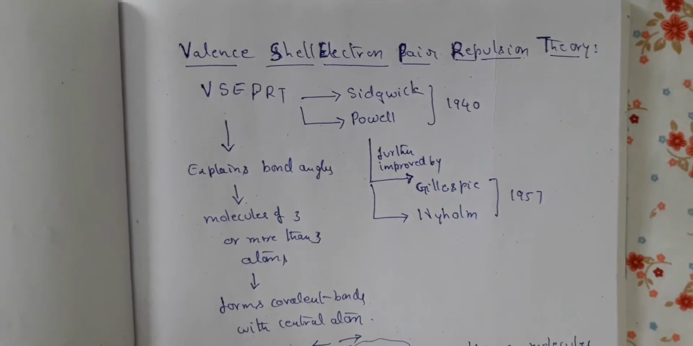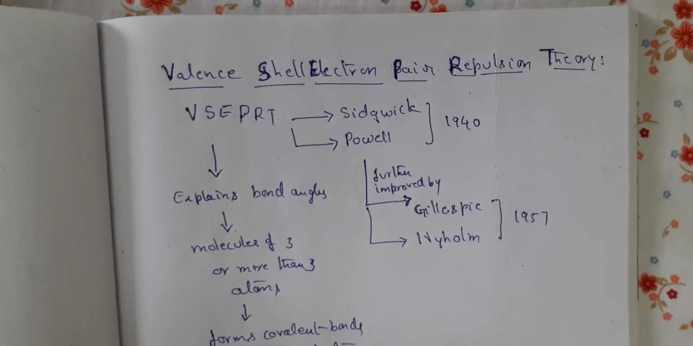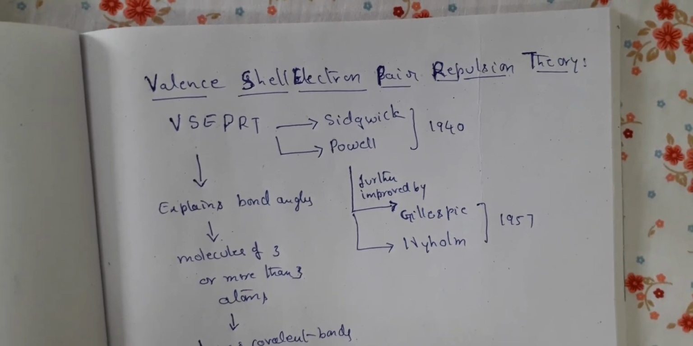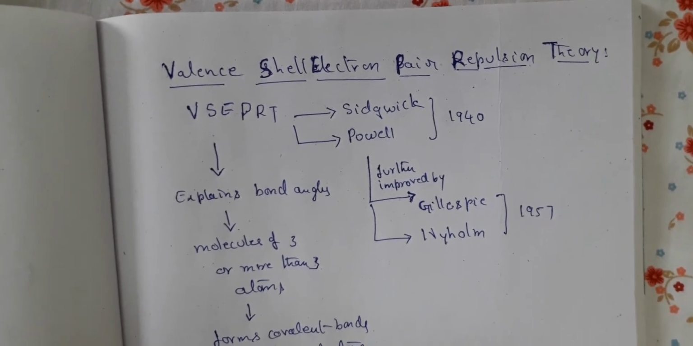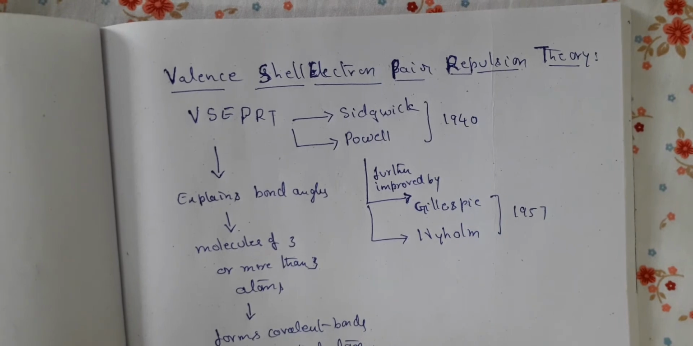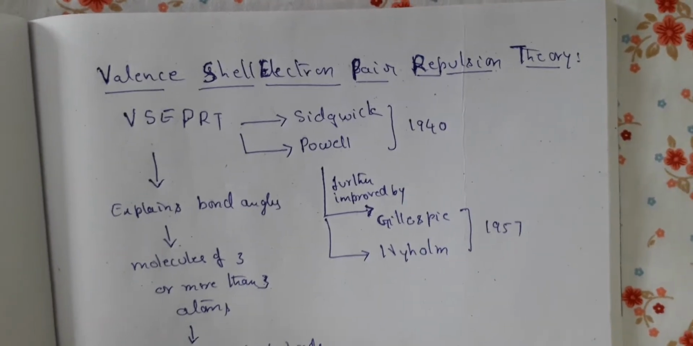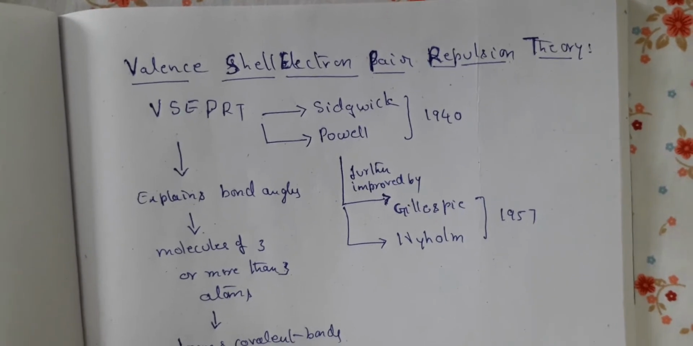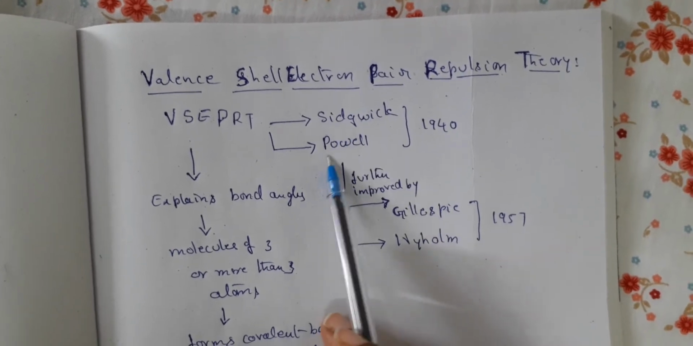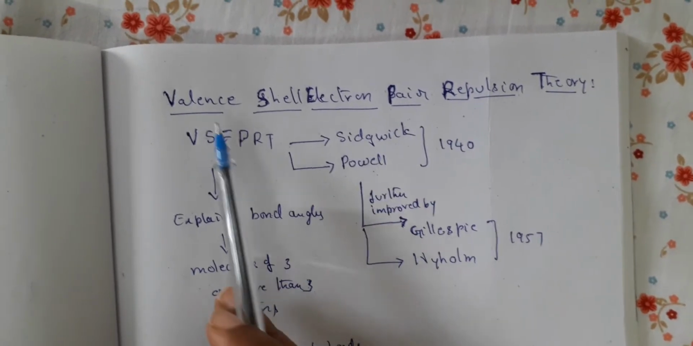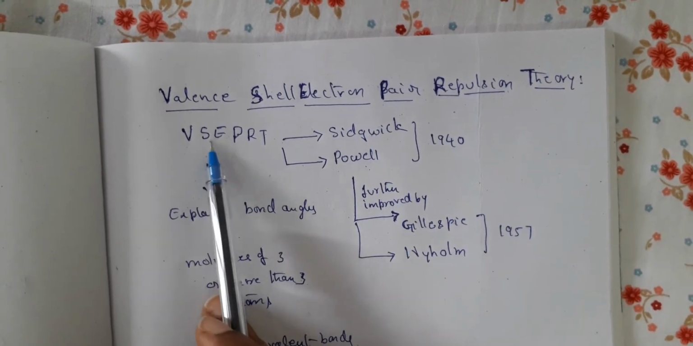As it failed, we have another theory, the next one, that is valence shell electron pair repulsion theory. In short, it is called VSEPRT. So that is valence shell electron pair repulsion theory. Who proposed this? It's Sidgwick and Powell. Sidgwick and Powell together proposed this valence shell electron pair repulsion theory, in short called VSEPRT,